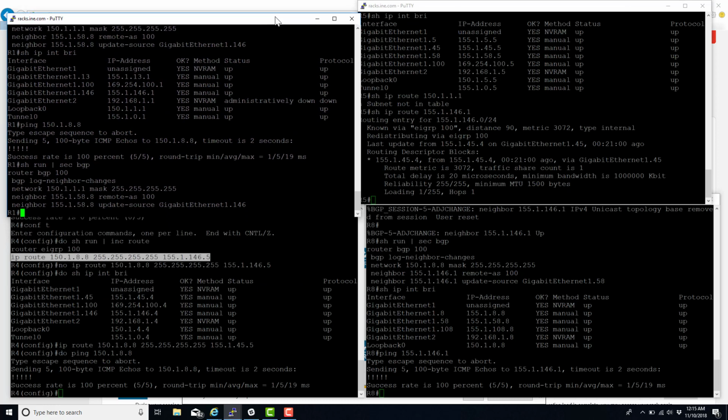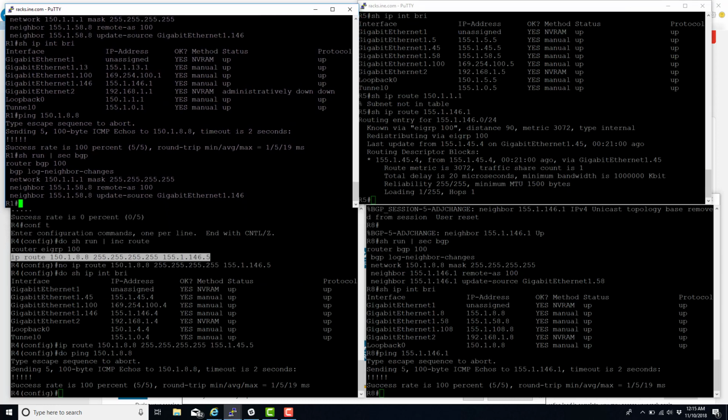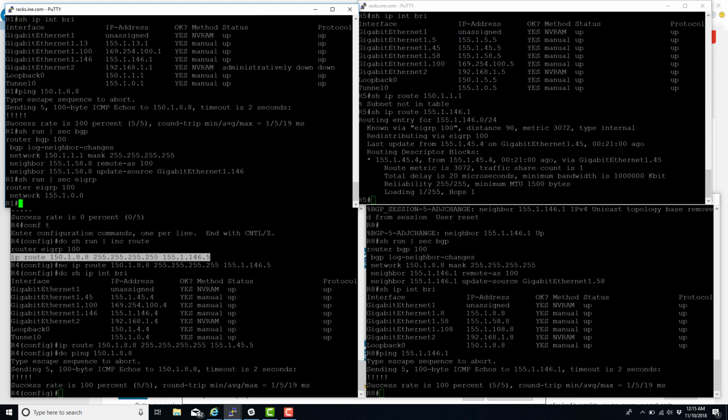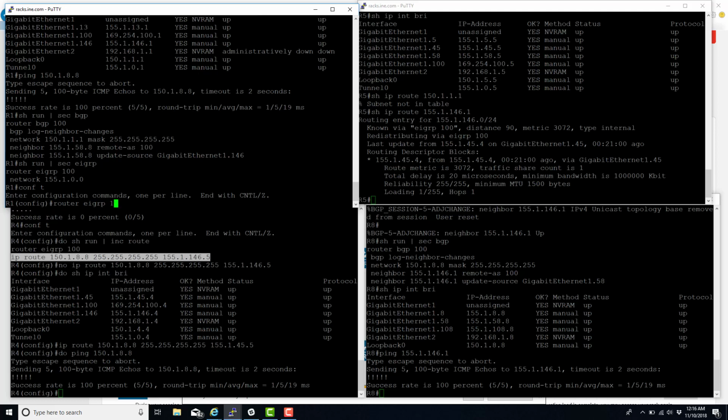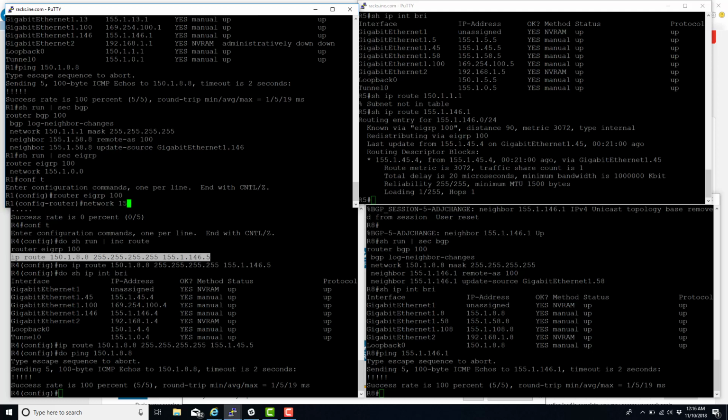So like I said before, there's a lot of getting used to in this. Routes have to match up. We really didn't do a great job at this because router 4 and router 5 are not BGP peered with router 1. But you'll also know that if we wanted to peer router 5 to router 1, we would need to know how to get to its loopback. So if we show run section EIGRP, you'll see here that the loopback's not in the network either. So if we came in here to router EIGRP 100 and did a network of 150.1.1.1,